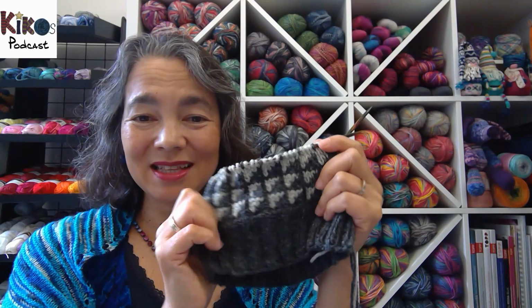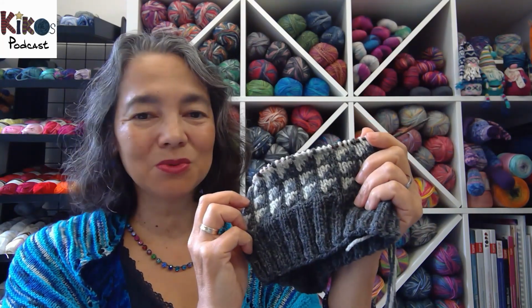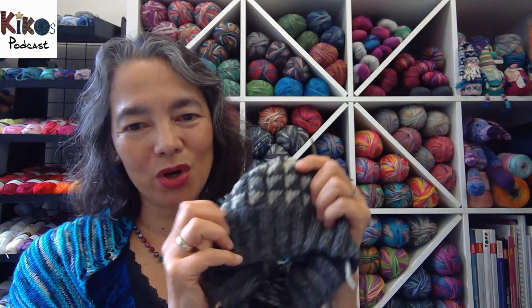So this is my newest project. A quick hat, should be done by next week, just to see how this yarn works up. That's all I wanted to show you and talk to you about